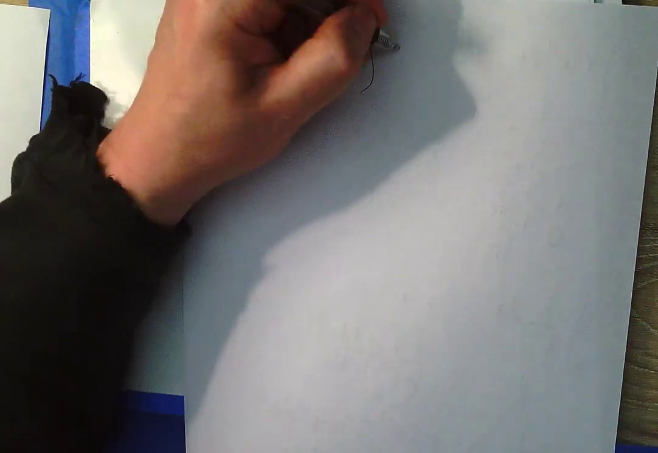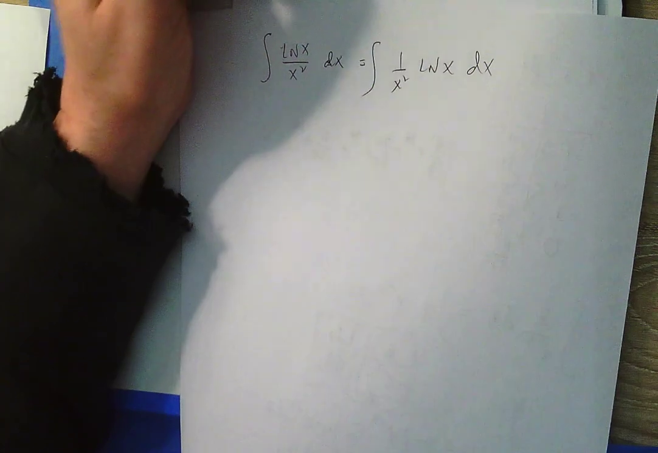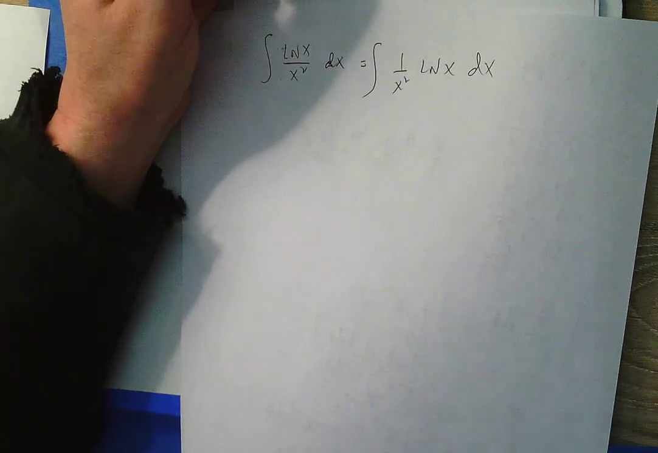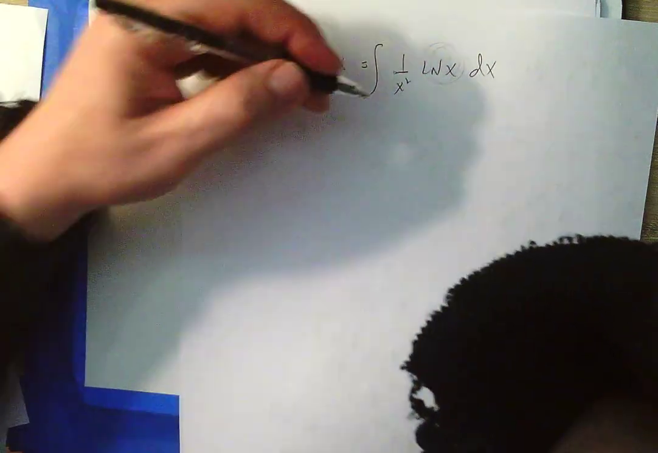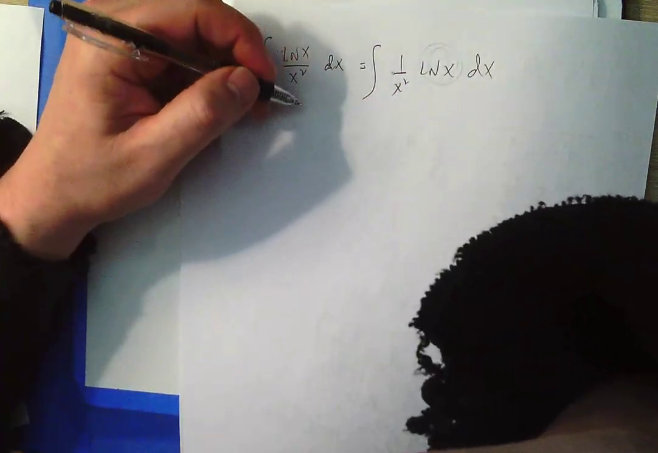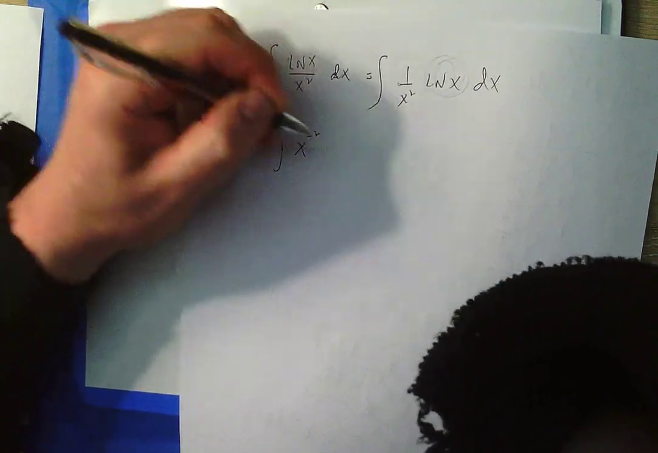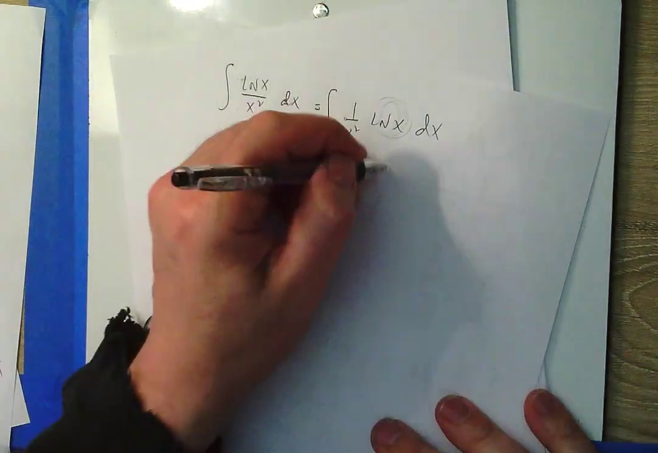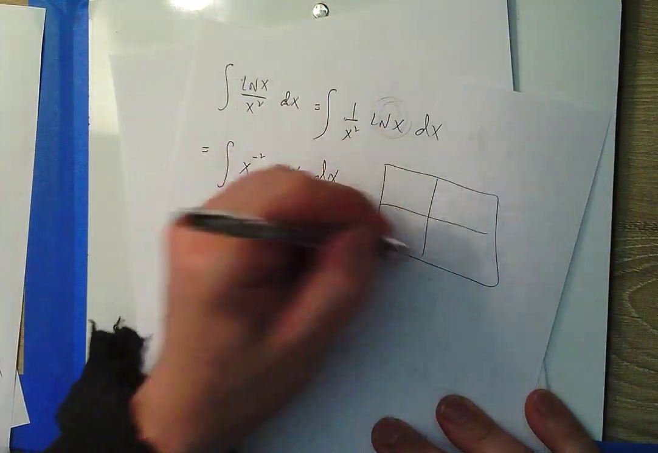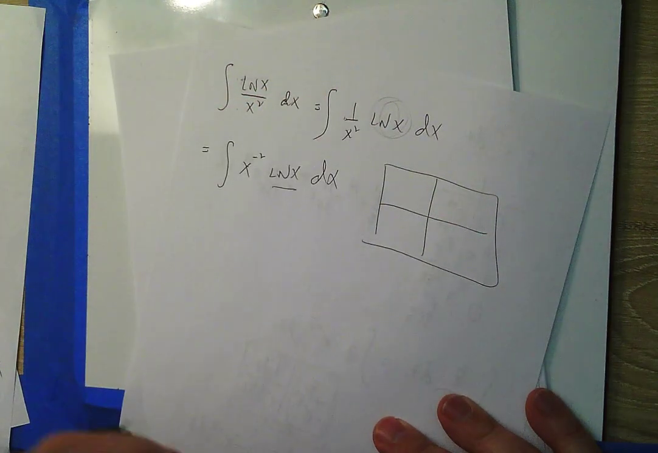So dx, I could think of this as 1 over x squared, ln of x dx. Yeah, the derivative of this is not this. So what I'm going to do is say, well, let's make that x to the negative 2 ln of x dx. And we'll do by parts. I know the derivative of ln of x is